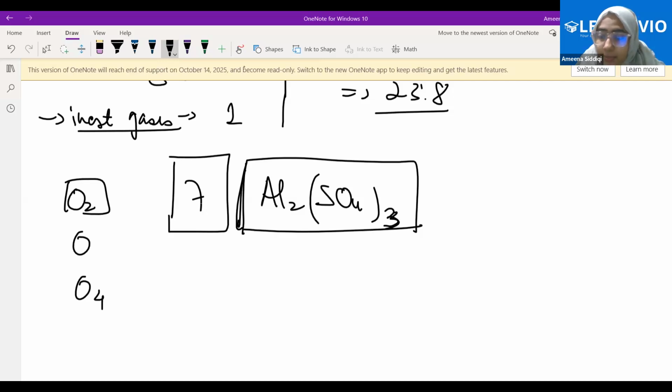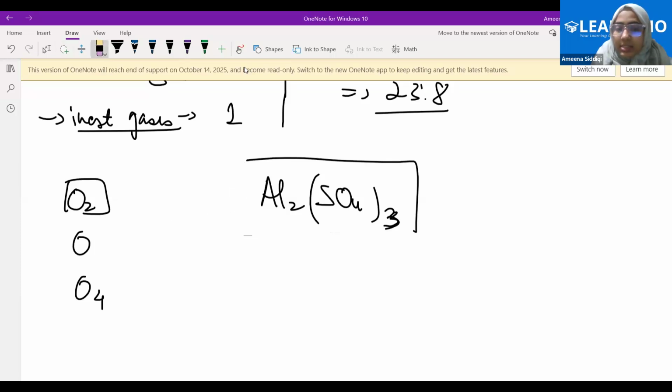Molecules of aluminium sulfate. Aluminum sulfate. Okay. So then why are you hesitating? This is one entity now, right? And we are talking about the number of molecules of this entity. And what is this entity? Aluminum sulfate. Okay. So when nothing is written, that means it is one molecule